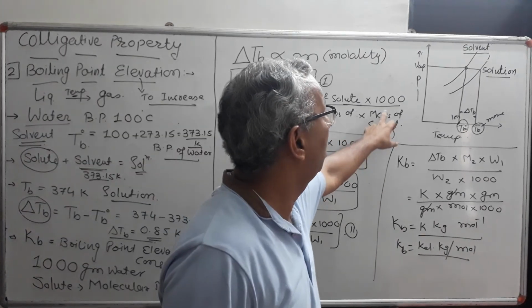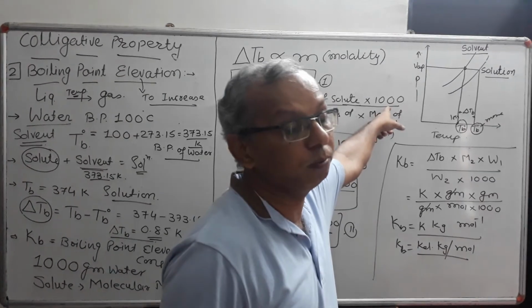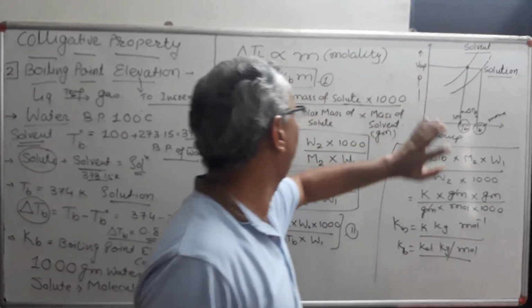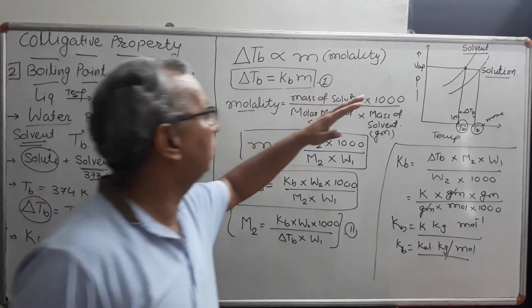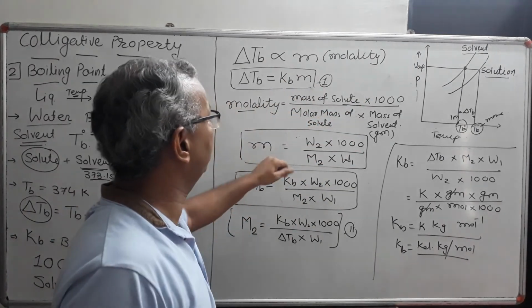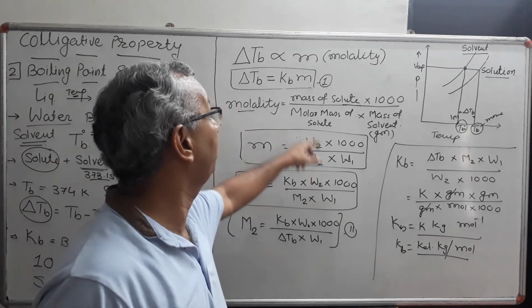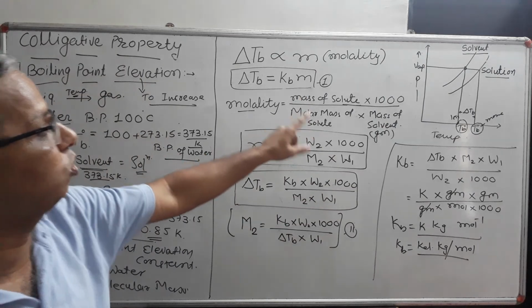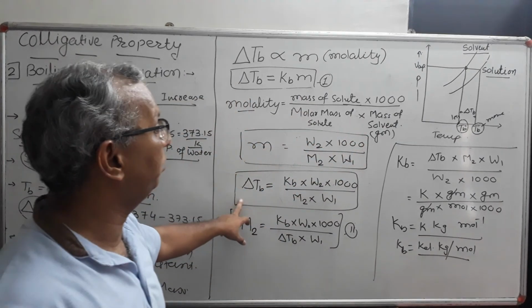This is most important. Mass of solvent must be taken in gram, or 1000 is not to be taken. If kg is there, 1000 will not be there, right? But normally, I suggest you to write 1000 in practice, friends. This is W2, mass of solute. Molar mass of the solute is m2, friends. Mass of solvent is W1, and that's why the formula we obtained for delta TB is this.